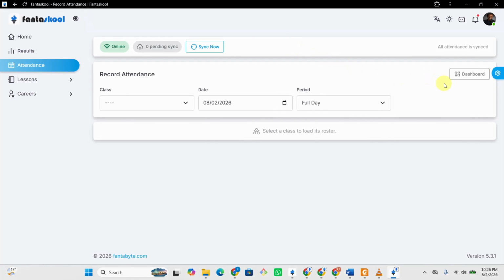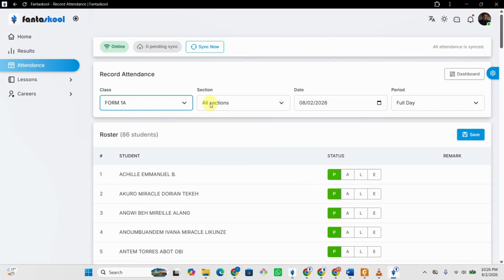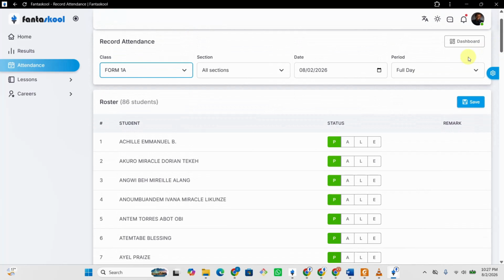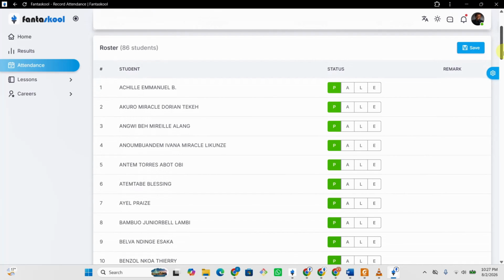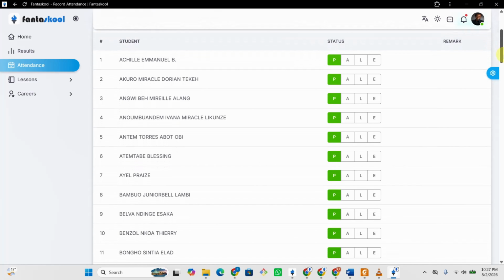In this interface, the teacher will first select the appropriate class and section for which attendance needs to be recorded. Next, choose the relevant period. Attendance can be marked for the full day, the morning session, the afternoon session, or per lesson, depending on the subject schedule. After making these selections, the list of students in the chosen class and section will appear on the